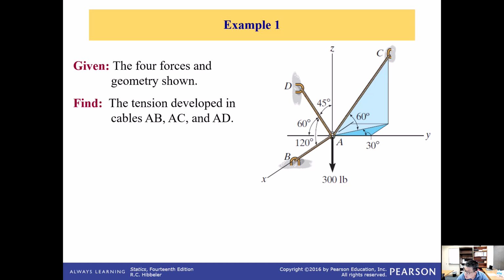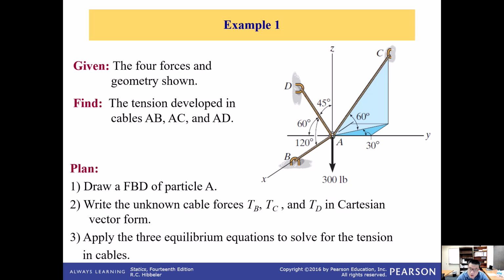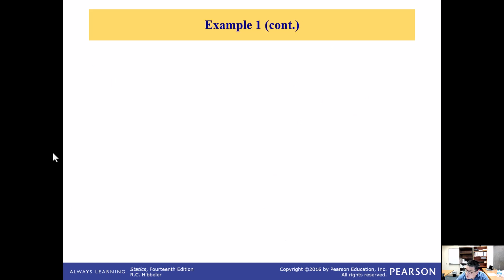So the first, as always, we need to draw the free body diagram of the particle A, and then you need to write down the cable forces TB, TC, and TD in Cartesian vector form, and then apply the 3 equilibrium equations to solve for the tension in the cables. So here is a